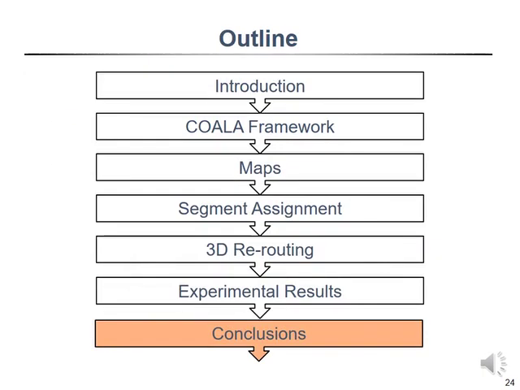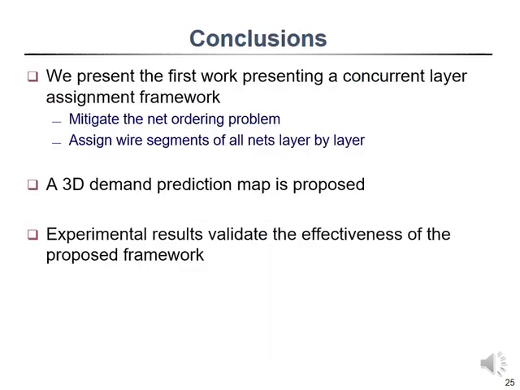Finally, here are our conclusions. In this paper, we present a concurrent layer assignment framework, which mitigates the net ordering problem that previous studies suffered from, and assigns wire segments of all nets layer by layer to minimize the total overflow. We propose a 3D demand prediction map. The prediction map calculates the least demand each tile of the current layer should be assigned. The prediction map can guide the wire segment assignment process to fully utilize the routing resource and minimize the overflows